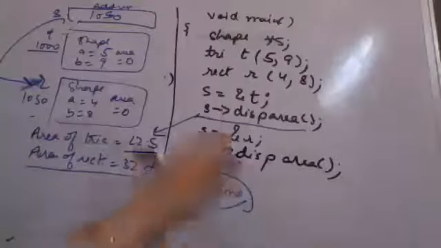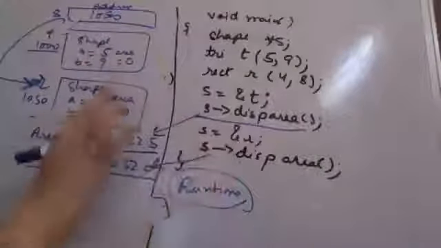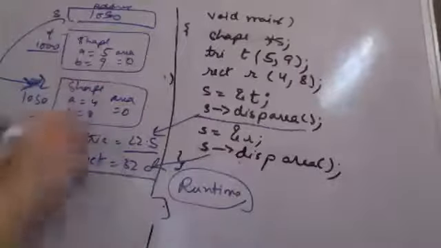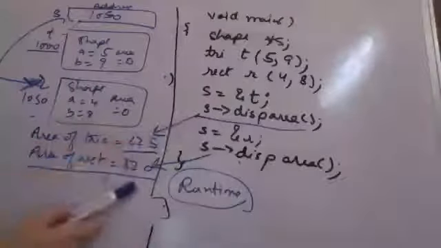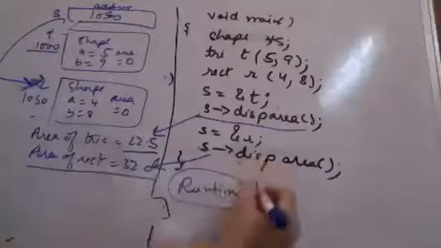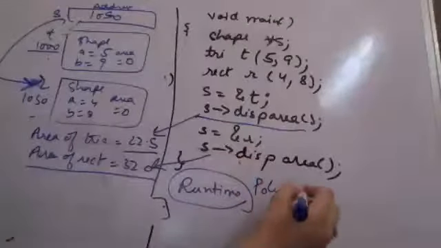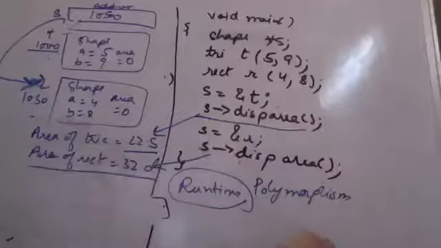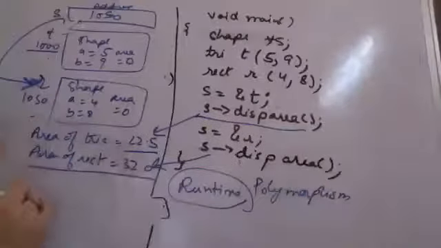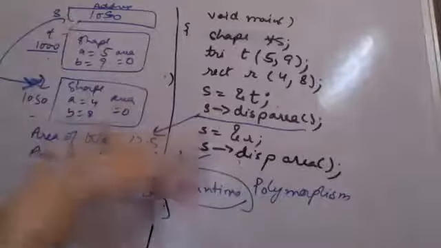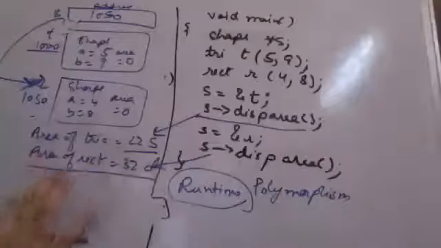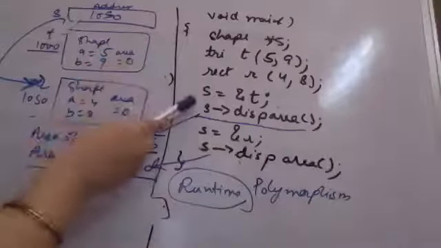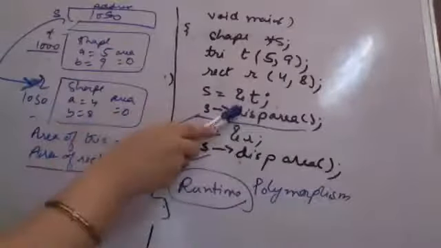There are two functions with the same name, and which function will be called, we do not know until we execute the program. So while execution, it decides which of the functions is to be called. This is known as runtime polymorphism, and this we are achieving using virtual functions in C++. So this is an example of how we can simply execute using the pointer of the base class when it is equated to the object of the derived class, right?